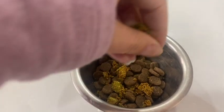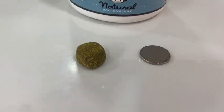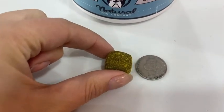I also love that they're so soft, so you can definitely crumble these into your dog's food if you have a picky eater as well. And the size of them, they're about the size of a nickel, so even my little dog's mouth is totally fine to eat them. She eats one a day, so it's based on their weight, and I'm really impressed with